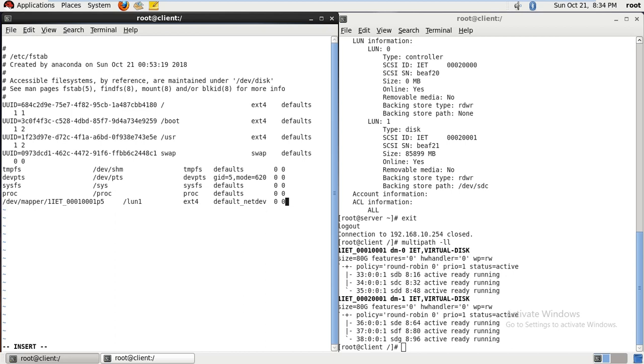So there are 3 different values: 0, 1, 2. 1 means it will check only for that particular file system, in which particular file system data will be available. 2 means, obviously we have to give 2 if we are going for the mirroring, but here for this particular file system I'm not going to do any mirroring and all, so let it be 0